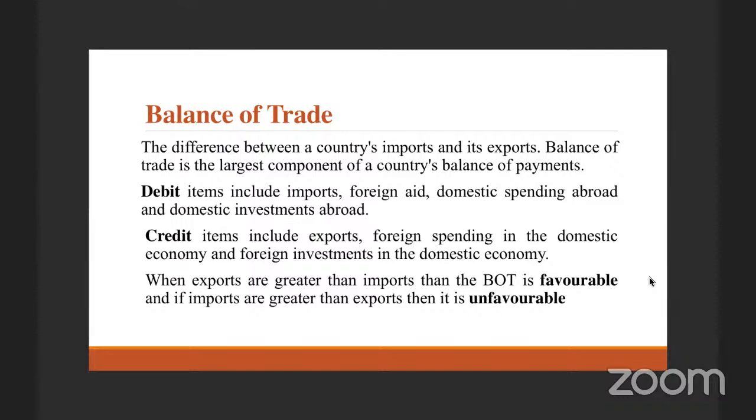So what do they do? Dubai, Singapore, Bangkok, Malaysia, Kuala Lumpur, these places and some of the European countries attract us to come and spend in their economies, right? This is your money spent abroad. Domestic spending abroad. The income earned domestically, spent abroad. That's the meaning here, right? Domestic income spent abroad.